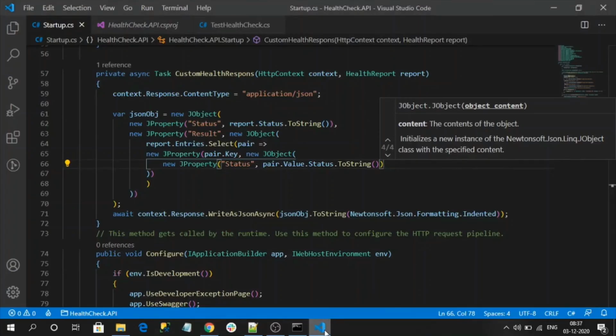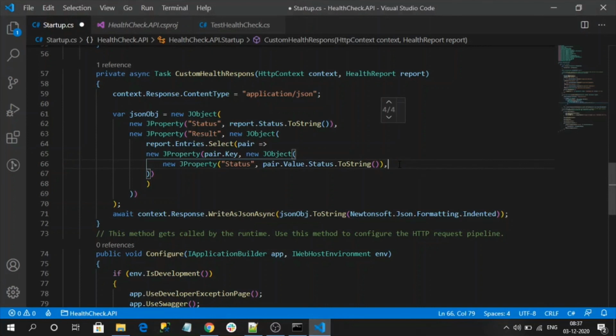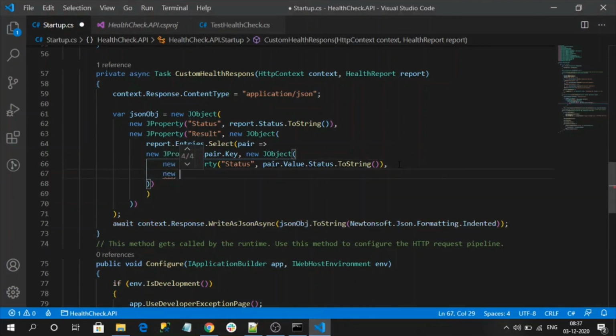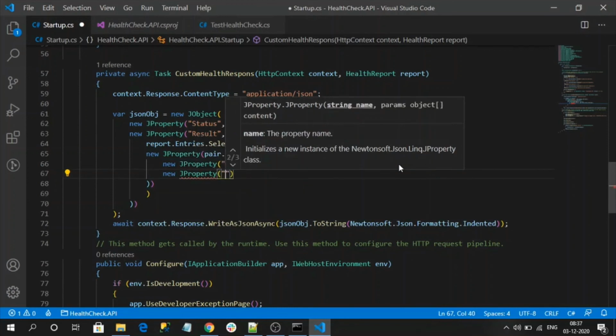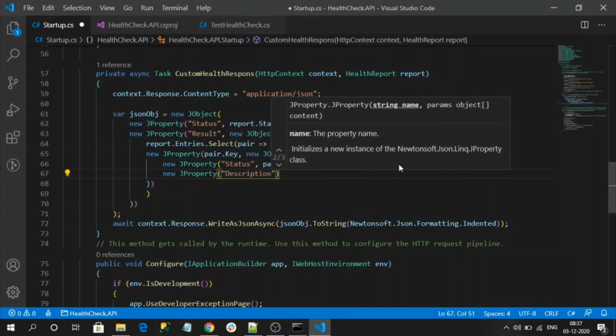So let's get more information about these individual health checks. Let me add a new JProperty and name it description. Here I want to load the description from the status.